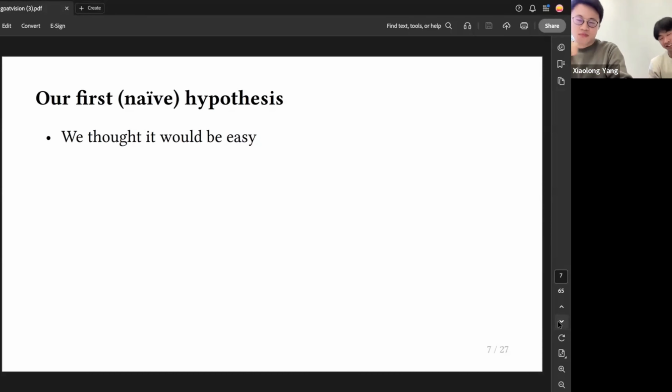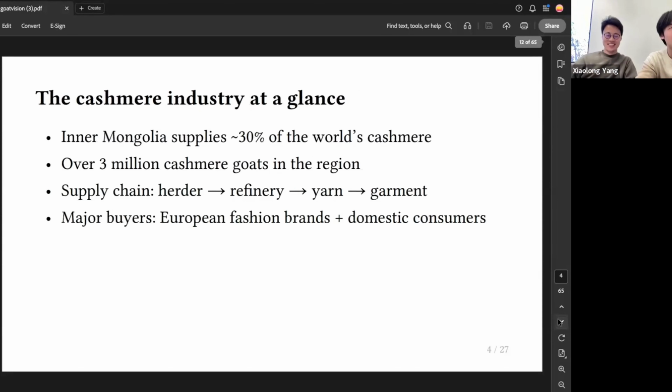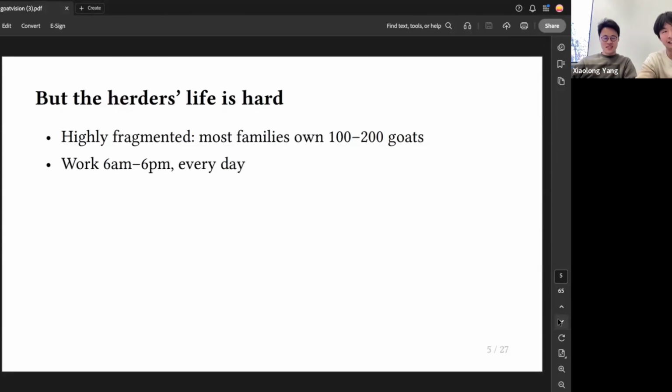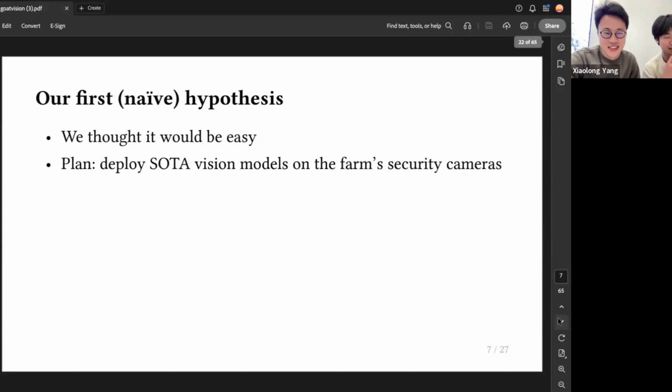Coming from my more computer science background, I was like, oh, you can just insert a vision model, count the goats. Should be fine. I've done a little bit of analysis with human tracking before for sports analysis. So I was like, okay, we just apply this model to goats and it should be okay. So we looked for models out there that I can integrate here. The first one I looked at was SAM.